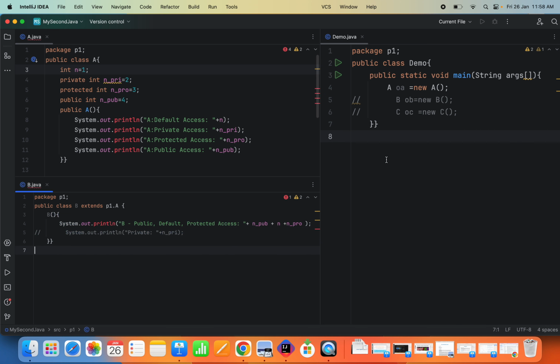And so let us now create an object inside the demo class. I am creating an object for class B, which is named OB. OB is the object of class B, and this is the constructor of class B. Here I am trying to access npub, which is the public variable, n, which is the default variable, and